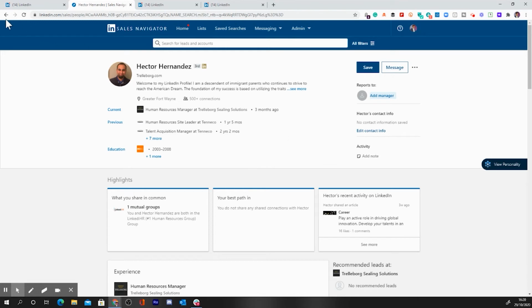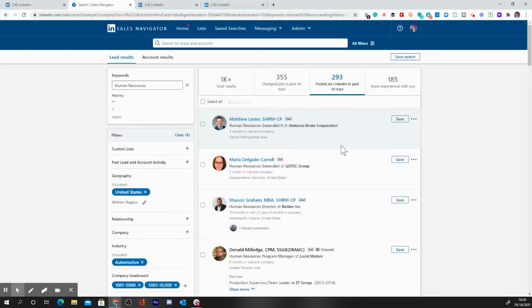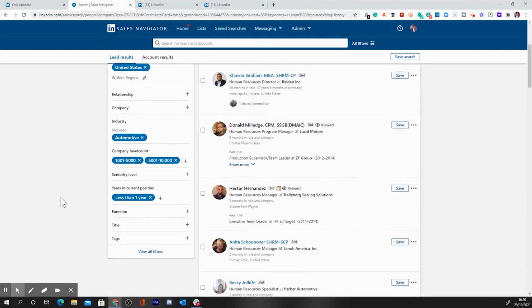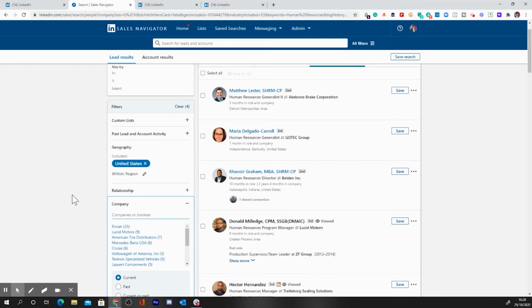So that's how you can then start to use the filters, all filters search, to start to create searches based around industry, geography. You can even do it by company. So if you want to, you can actually add the particular companies. Let's say you've got 10 accounts that you focus on. You'd add these 10 accounts in here and flip it that way, so you're looking specifically at what's happening within the